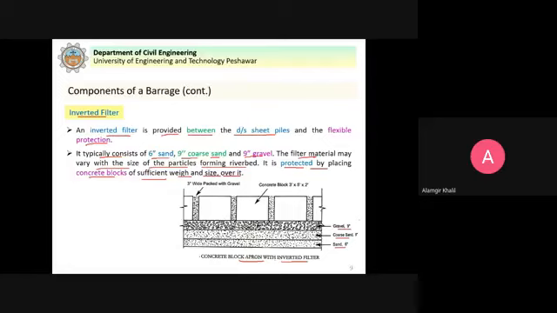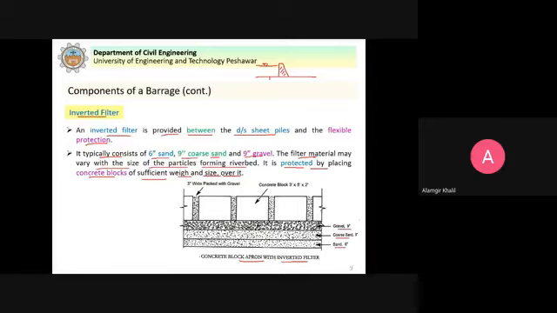Now what is the purpose of this inverted filter? As I said, this provides protection. So protection against what? You might have studied, in case of hydraulic structures, the seepage that takes place. This is any hydraulic structure, it can be a dam, it can be a weir or barrage.